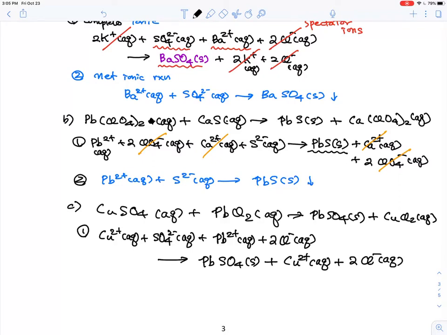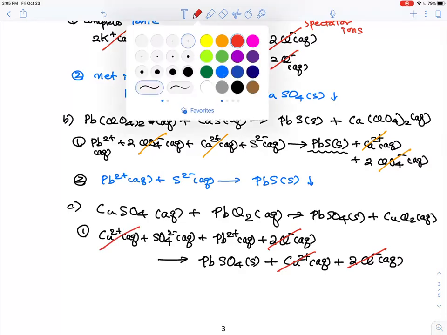So that is everything, the complete ionic reaction. And then I'm looking for something redundant on both sides. Chlorine, I see here. Copper, I see there. So therefore, my net reaction